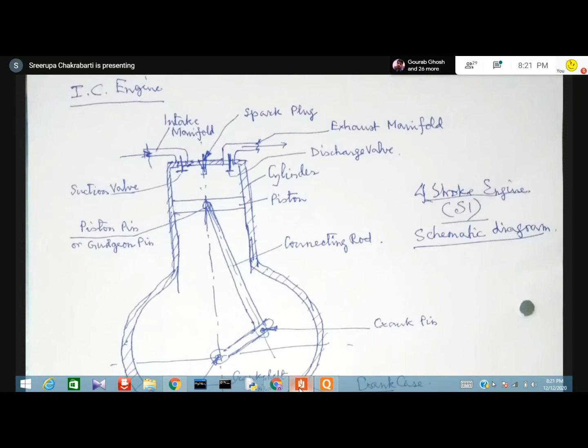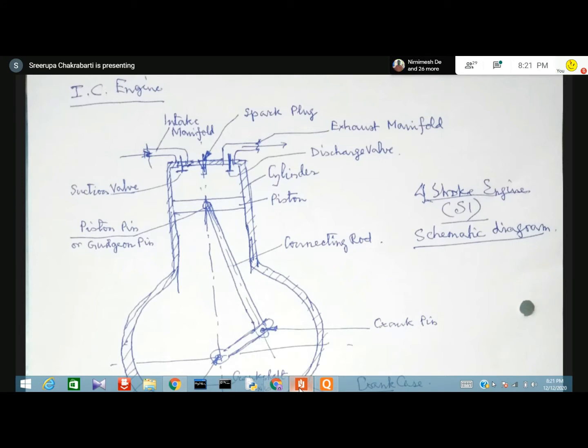And when we want the fuel to ignite, that is when we want the combustion in the cycle. Because this is an engine, it is working on a thermodynamic cycle. So in that thermodynamic cycle, there is a particular instant when there will be ignition and combustion, and the spark should occur at that instant.